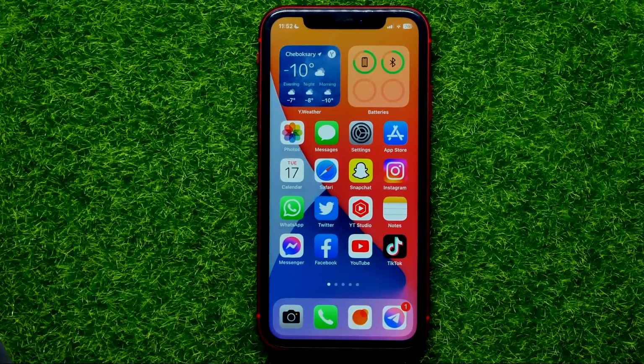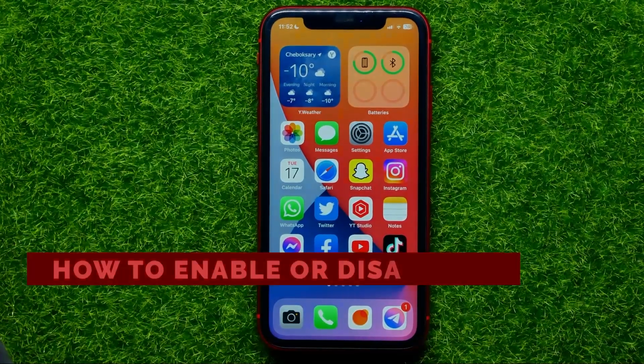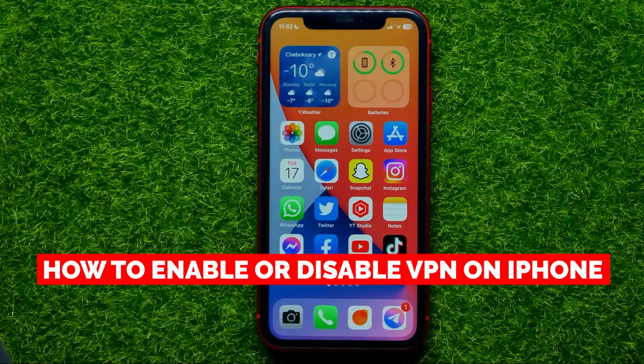Hello guys, welcome back. In this video I'm going to show you how you can easily enable or disable VPN